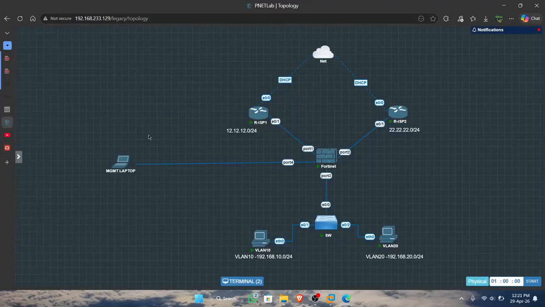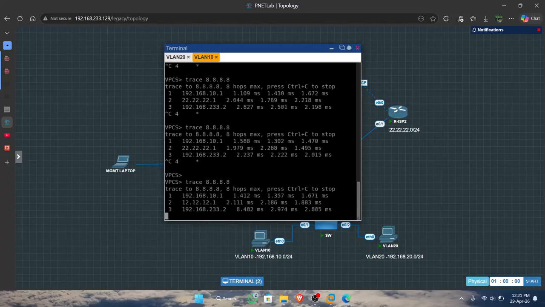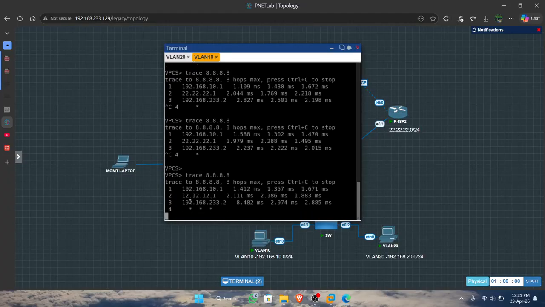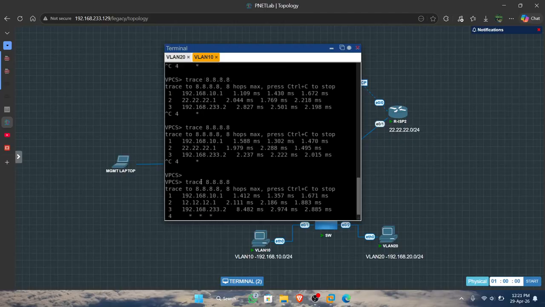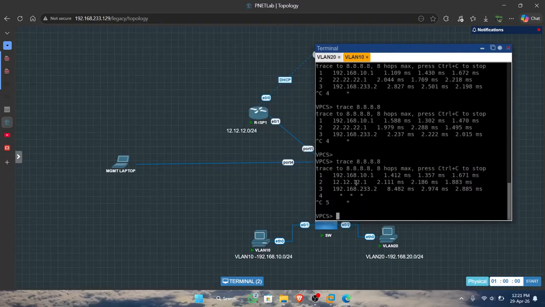You can check VLAN 10 again after the reset. The route changed to port 1, because the packet loss is lower. You can see this: after the packet loss goes lower, the route changes.